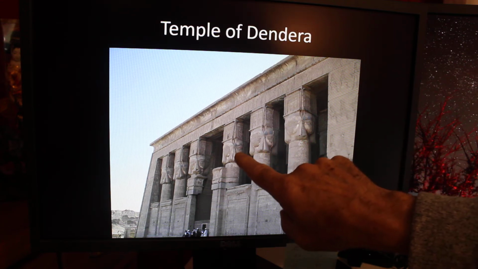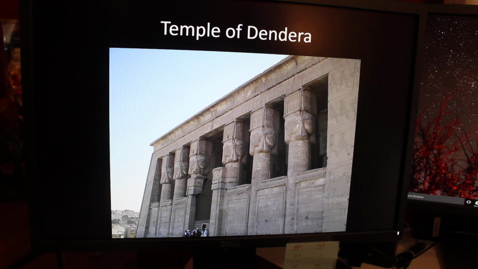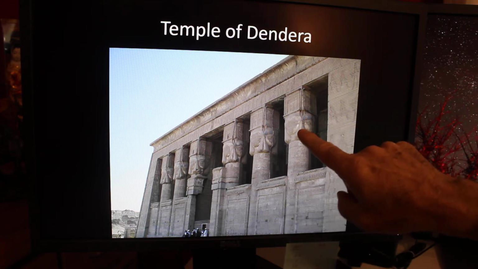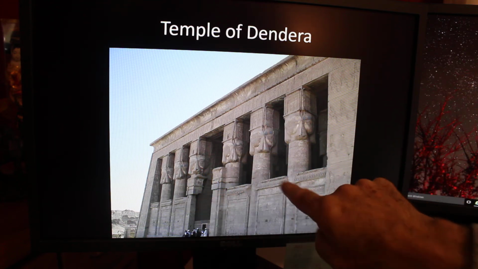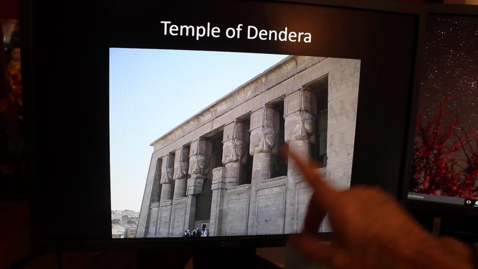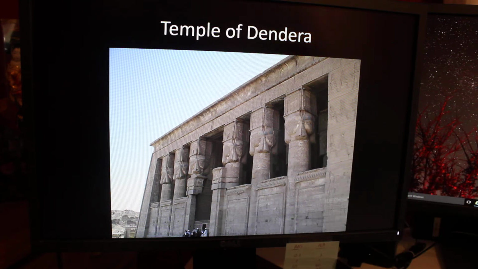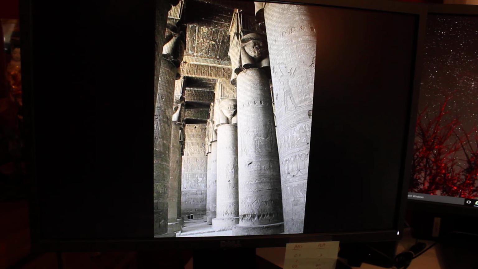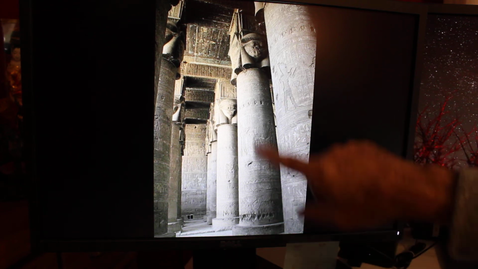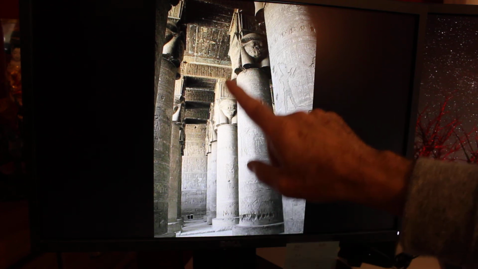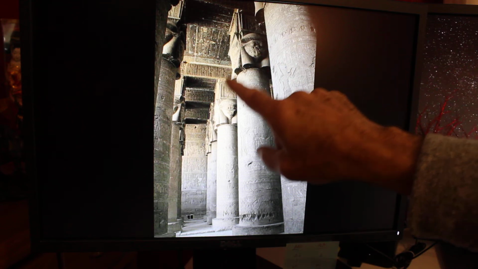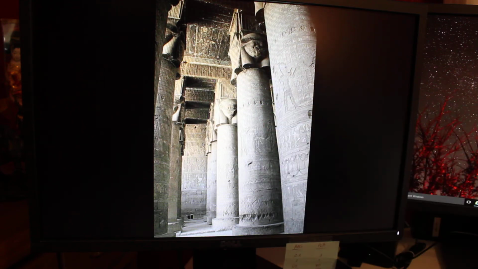All these faces on here are the faces of Hathor, on all four sides of all the pillars. And when you get inside, I'll show you, it's all pillars with her faces on it. So her face was all over this temple. This was a temple dedicated area. Here you can see from the inside all the pillars, but her face is on every side. But again, they pecked away her face on every single one of them.